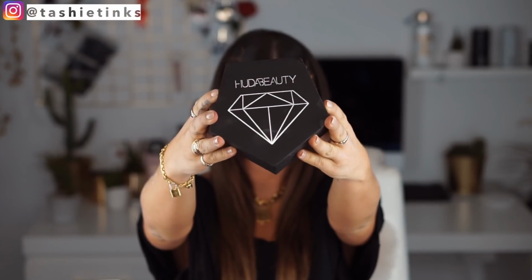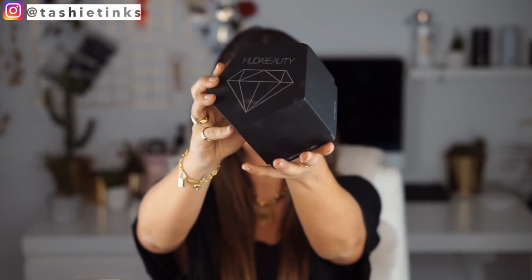Then I fill my brows off camera using the Dior brow powders. And then, moving on to the eyeshadow, I use the new Huda Beauty